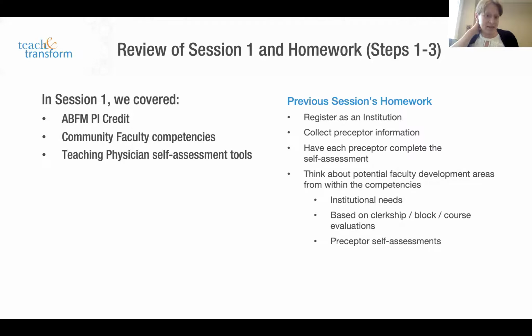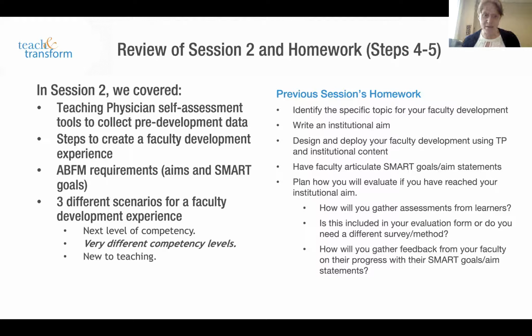Next slide. In session 2, we talked about using those self-assessment tools to collect pre-development data. We talked about 6 steps to create a faculty development experience. We talked about ABFM requirements in terms of institutional aims and SMART goals or individual aims. And then we went through 3 different scenarios for a faculty development experience, because we know that different institutions have